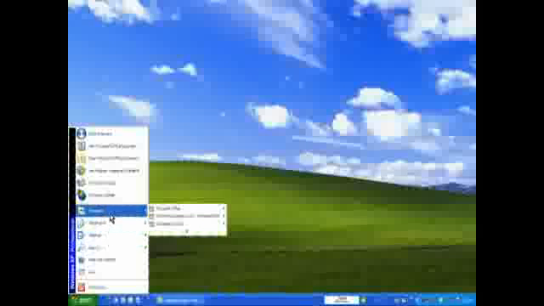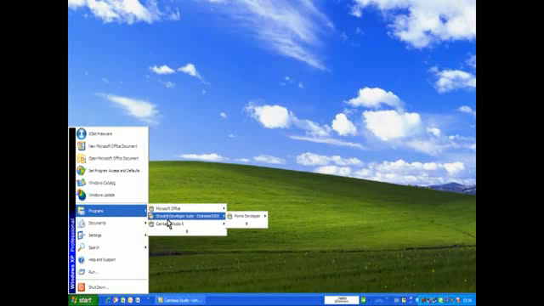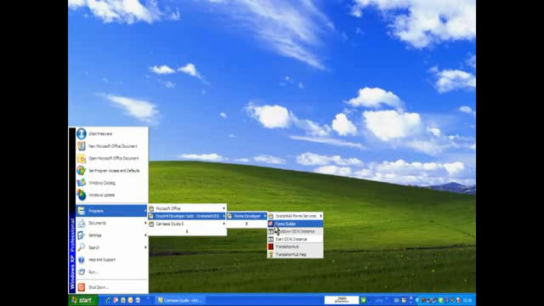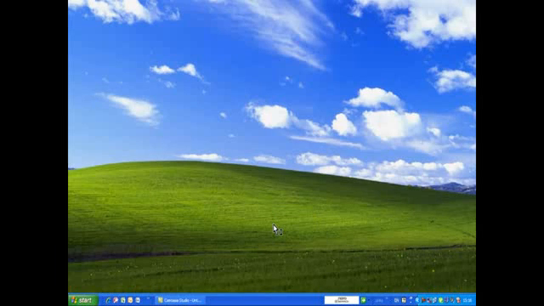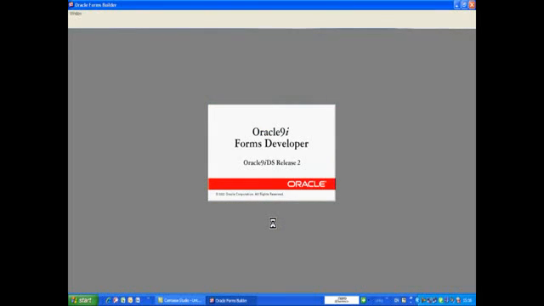First of all, I select the Oracle Start, and then Programs. We select Oracle Developer Suite. By the way, we use the 9i version, and then Form Developer. And after that, I click on the Forms Builder. The Form Developer will start shortly. Because this is a new form,